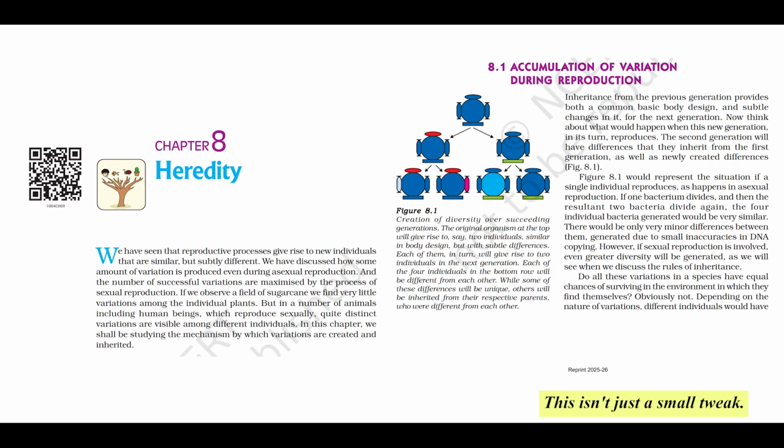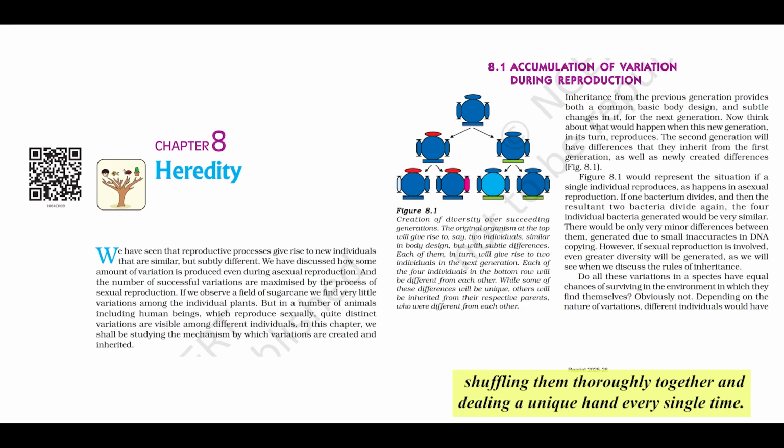This isn't just a small tweak, it's like a massive shuffling of the genetic deck. You're not just dealing with tiny copying errors, you're combining 2 distinct sets of genes, shuffling and recombining them in completely new ways with every single offspring. Think of it this way. Asexual reproduction is like shuffling one deck of cards, and maybe occasionally a card gets a tiny crease. Sexual reproduction is like taking 2 completely different decks, shuffling them thoroughly together, and dealing a unique hand every single time. Okay, so the potential for new combinations is just